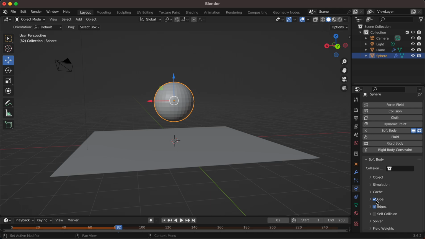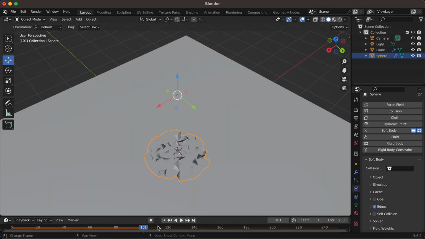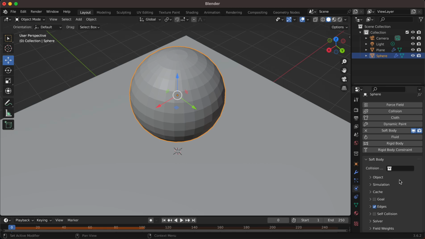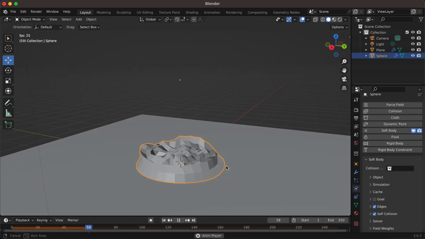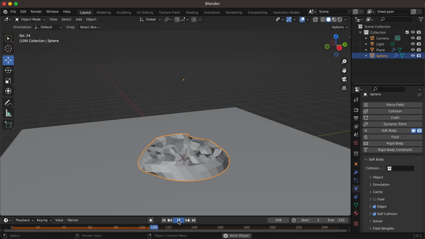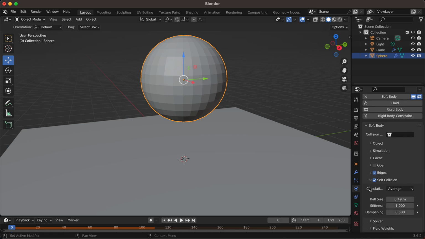So if I just turn that off, it should fall now, and it kind of just plops into a pool. So first thing we could do is put self collisions on. That will help it look a little bit better, but it still just kind of flops into a pool. So there are other things we can do